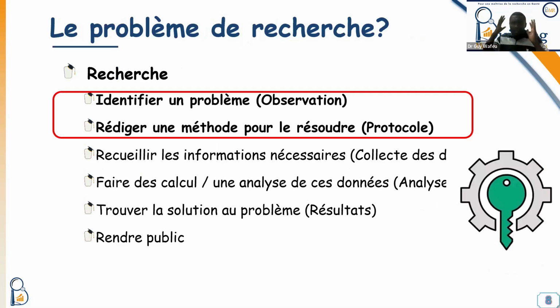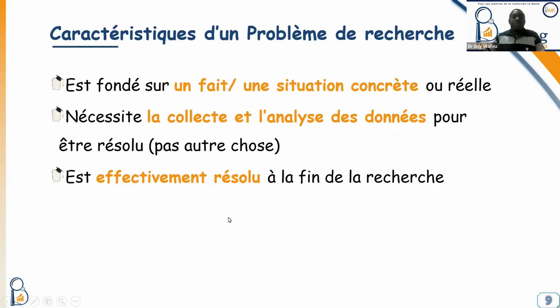So the research problem, which is the first part of our presentation tonight, is usually something that you have observed. Through your observation, you can identify a problem, which will lead you through the other steps of your research process, and we will go into more detail on the research problem. So a research problem will have these 3 characteristics.